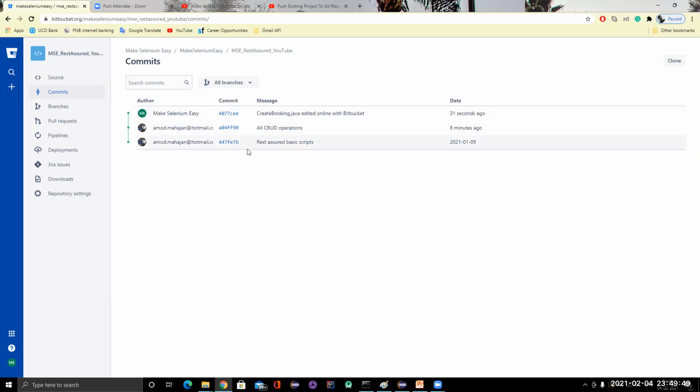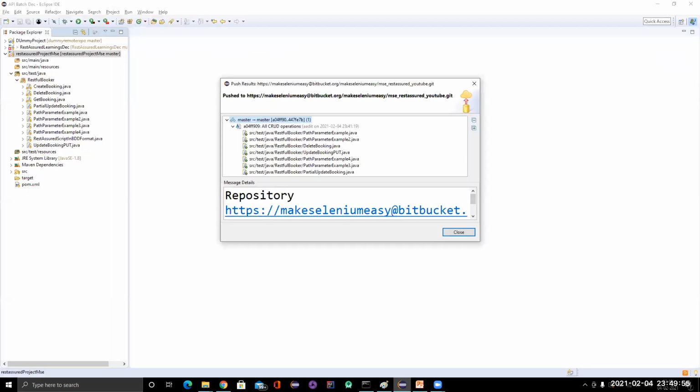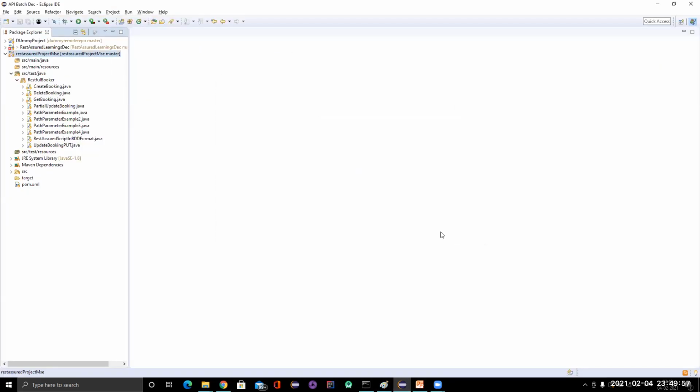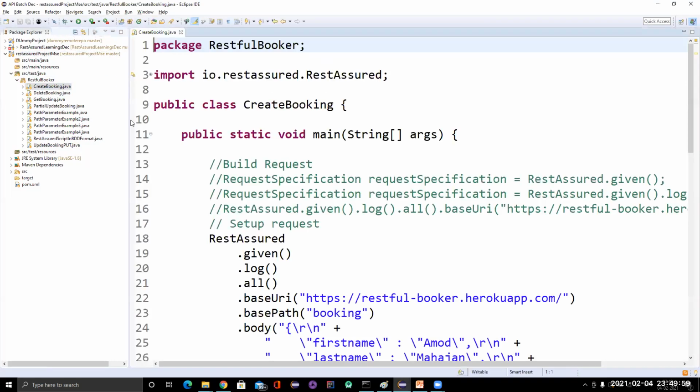Whatever Mukesh has sent to the repo, I don't have those changes now. If I open the create booking file, I will not have any changes, because those changes will not come automatically to me. For that, I need to pull the changes from